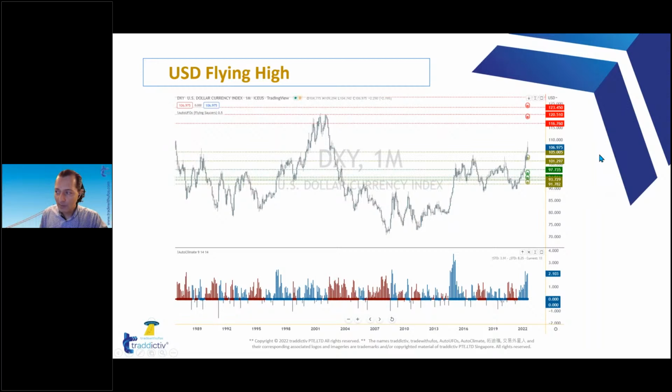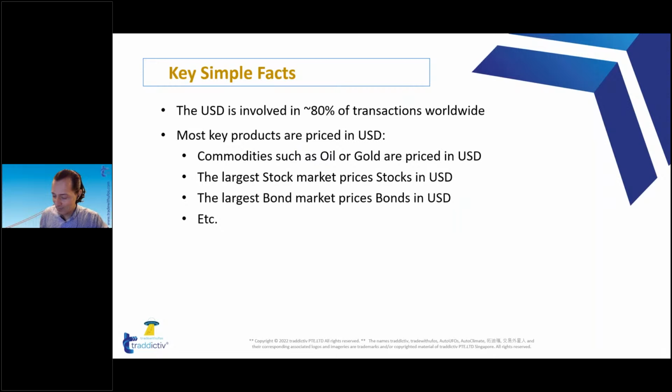Many people blamed, for example, the crashes on Bitcoin and markets of that sort, because maybe something's happening with the Bitcoin, without realizing that the reality is that the dollar was moving, and because the Bitcoin is priced in US dollars, the Bitcoin is reacting to it. And it's something that, to my surprise, very few market analysts or economists talk about. Maybe just because I'm simply a trader and my life is to trade, it's something that to me is very clear. But again, it's not something that you see in the news too often. And I wanted to bring back this very simple fact to everyone's attention so we don't forget.